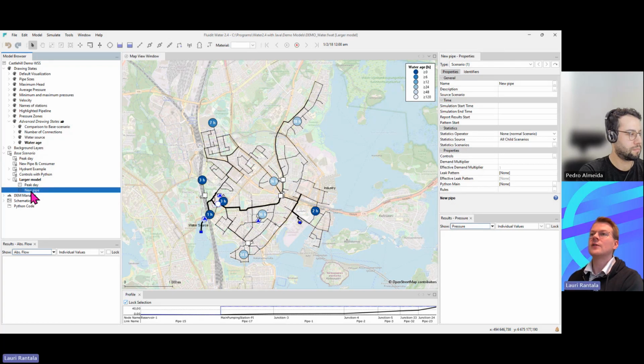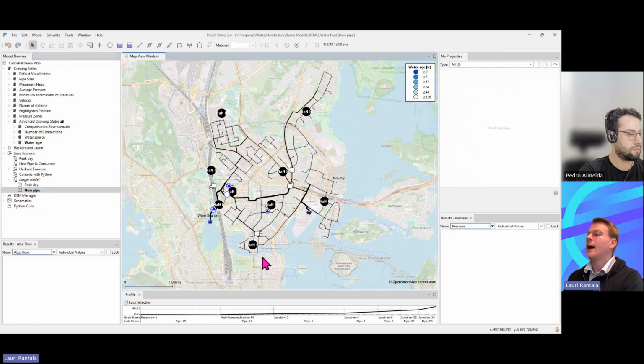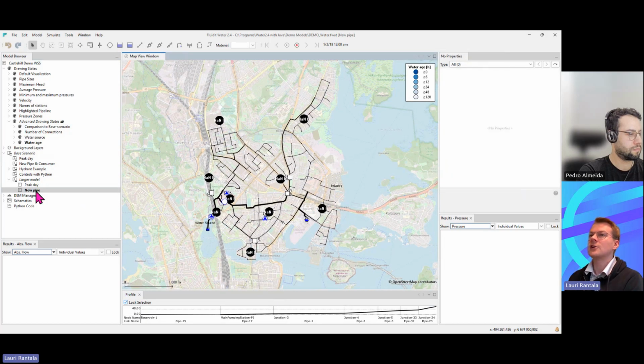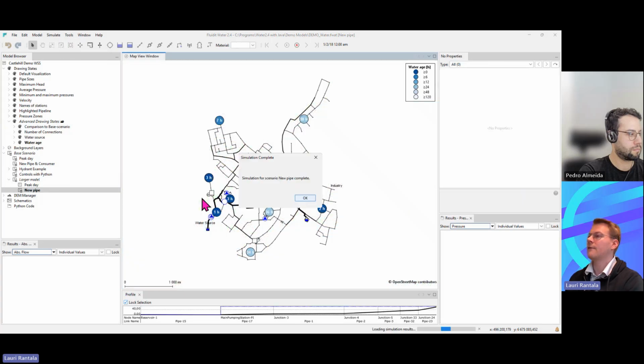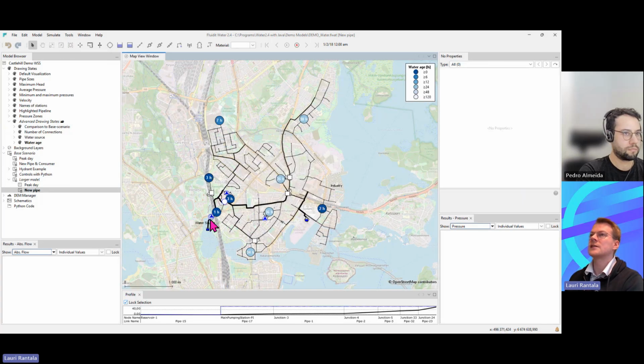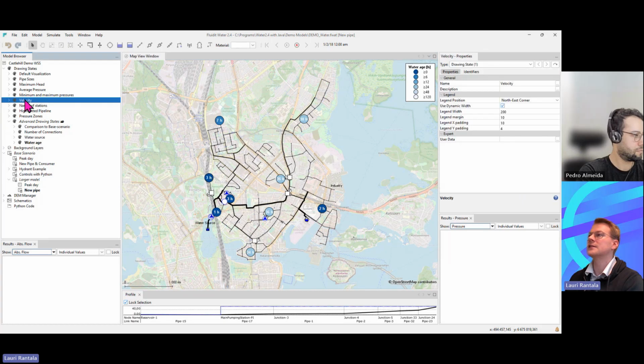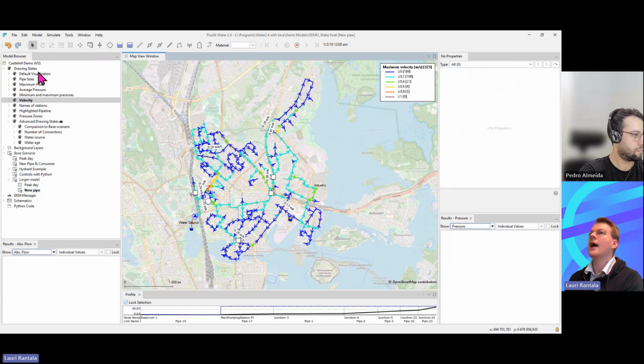And if I go into that specific scenario, I don't have any results yet because this is a fresh scenario and it hasn't been simulated. So I would have to go to simulate, or click F5. And now that it was simulated, I actually have results in this scenario, and I could now utilize this to